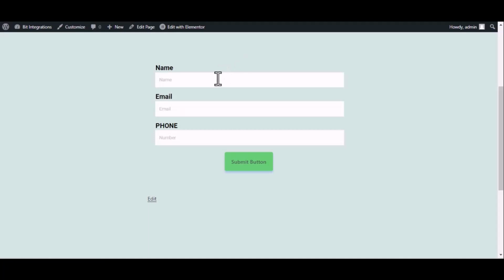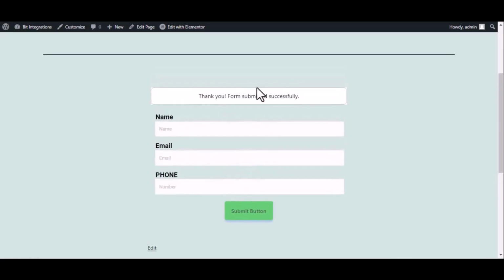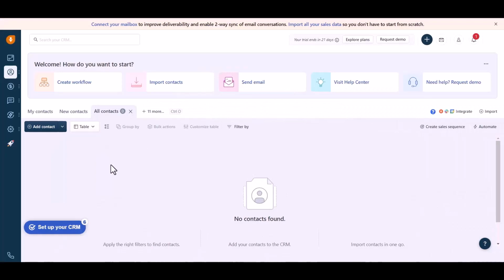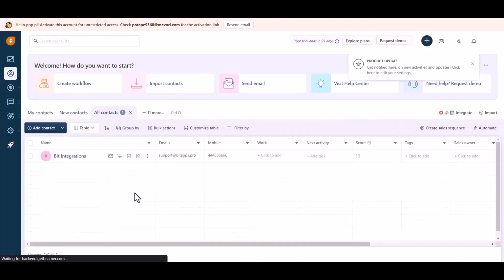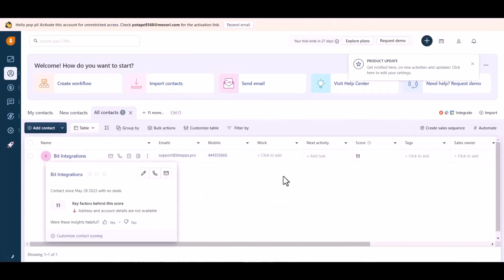Now go to your form and type some information. And submit the form. The form is successfully submitted. So go to your Freshsales site and refresh the page. Here you can see the data came successfully in the